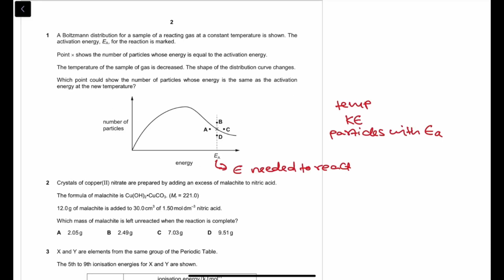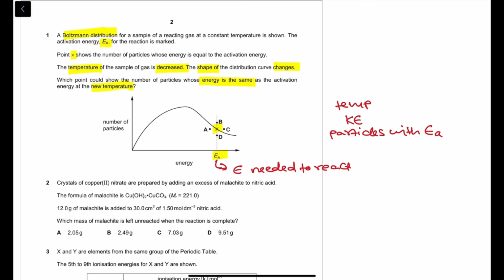Question number 1. A Boltzmann distribution for a sample of reacting gas at a constant temperature is shown. The activation energy for the reaction is marked, so it's right here. Point X, which is right here, shows the number of particles whose energy is equal to the activation energy. The temperature of the sample of gas is decreased. The shape of the distribution curve changes. Which point could show the number of particles whose energy is the same as the activation energy at the new